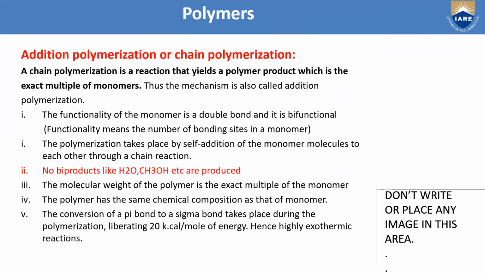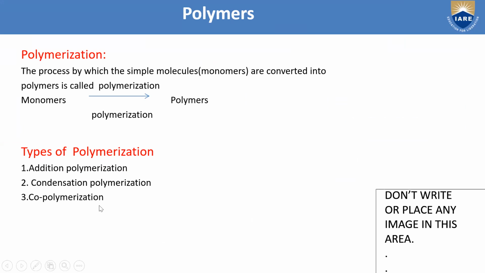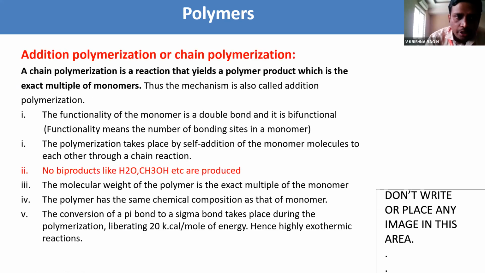Okay, as we discussed, there are three types of polymerization. One is addition polymerization. Examples of addition polymerization are polyethylene, polyvinyl chloride, and polystyrene. Then condensation, nylon 66, and copolymerization. For copolymerization, we are going to discuss bakelite. We will discuss one by one in the preparation. Okay, coming to the addition. Addition is nothing but